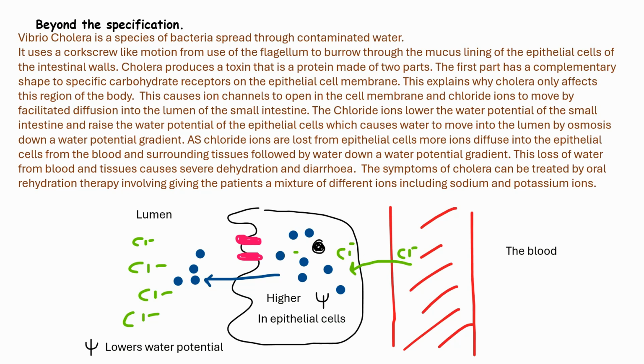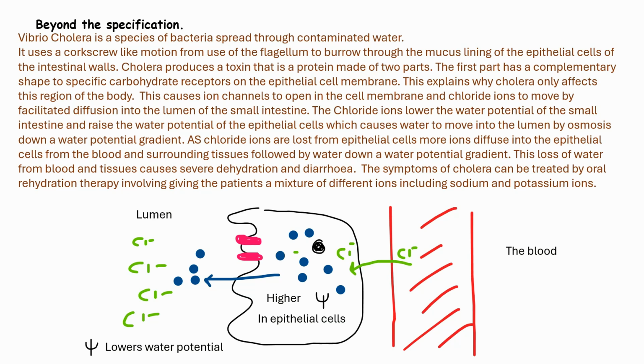and more chloride ions are going to move down a diffusion gradient into the epithelial cells from the blood and surrounding tissues. So loads more ions are going to move in there by diffusion, and then water's going to follow behind by osmosis. So it sets up a chain of ions moving, followed by water moving by osmosis. And the result of this is dehydration and diarrhea because you've got all that watery feces in your intestine